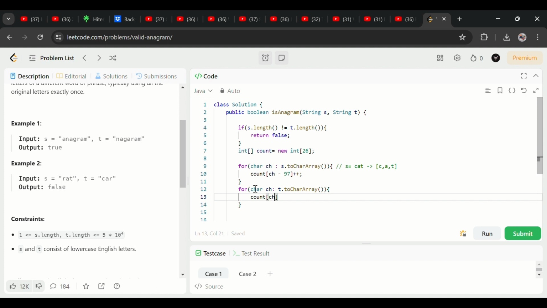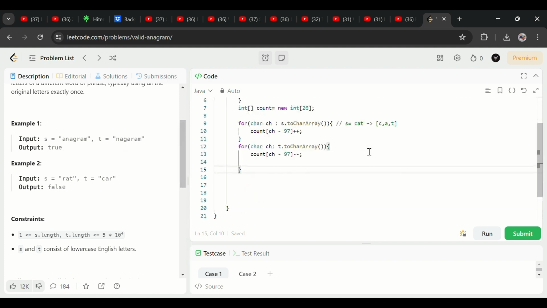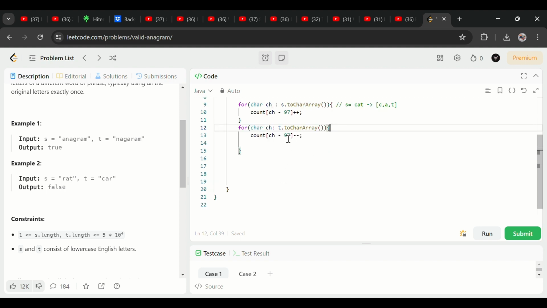Count ch minus 97, sorry, minus minus. Why am I writing this minus minus? 40. So for this I have to write this first of all. Let's write here to make sense. Okay,